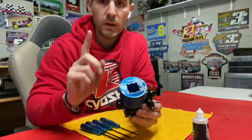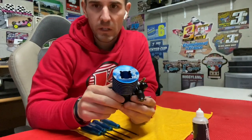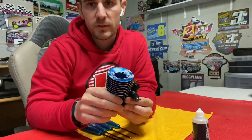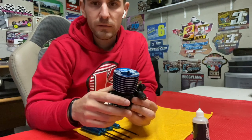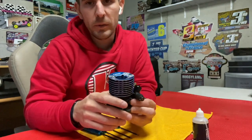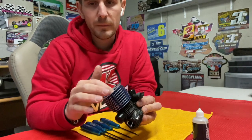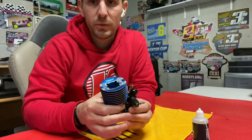And one more thing, because you put some oil into the engine, the next time you go on the track or in the starter box, just start your engine, fire it up, let it run for a few minutes, and then stop it, and then change the glow plug, because the oil is going to burn and it might damage your glow plug. So make sure the next time you go on the track, you put a brand new glow